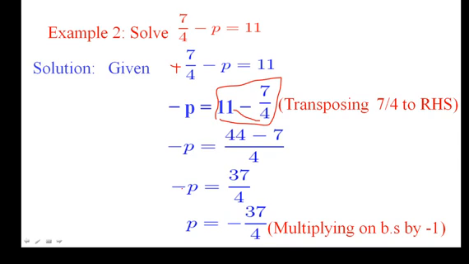So when we are multiplying by minus 1, minus into minus is plus p, minus into plus is minus. Here there is no symbol, so we have to take the plus sign. In this, 44 is the largest number and it has no sign, that's why we have to take the plus sign.